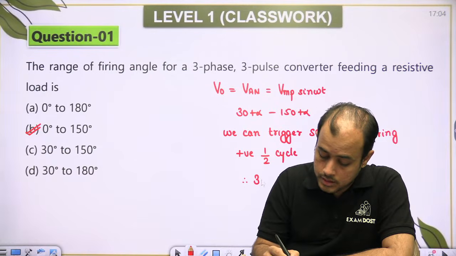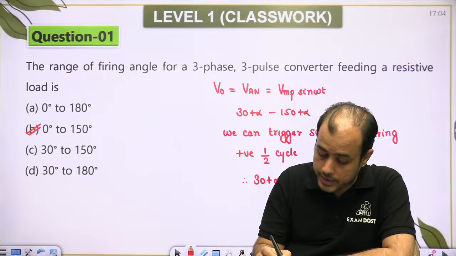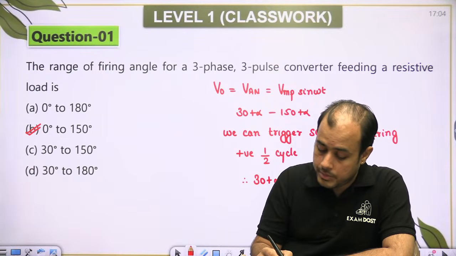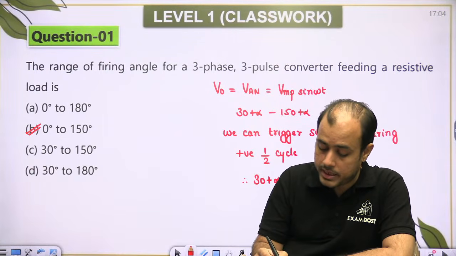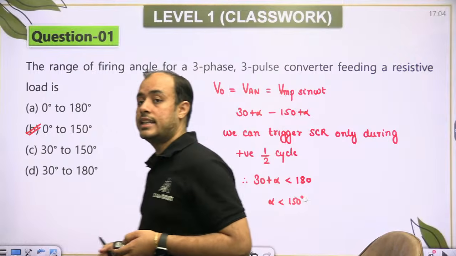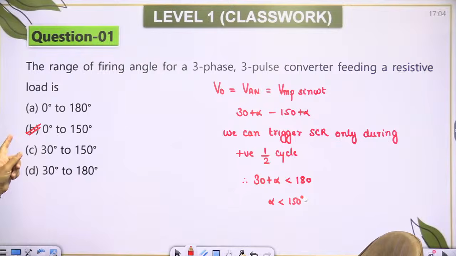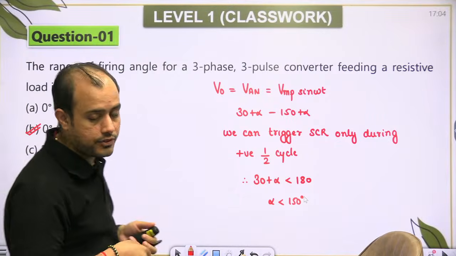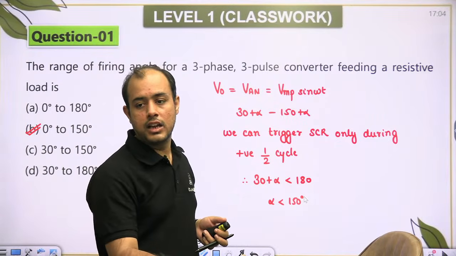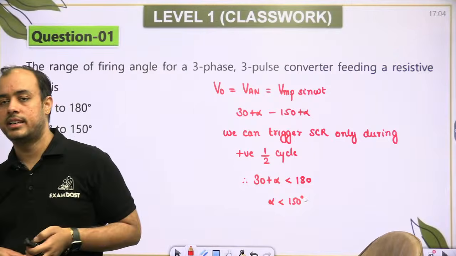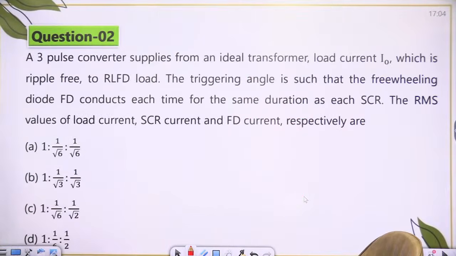Therefore 30 plus alpha should be less than 180 because sine after 180 becomes negative. साइन की 180 के बाद नेगेटिव हाफ साइकिल चालू हो जाती है, तो यू हैव टू कीप अल्फा लेस देन 150 डिग्री। अल्फा को 150 से कम ही रखिए, तो आंसर इज बी।